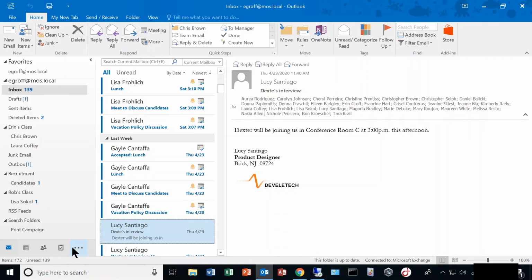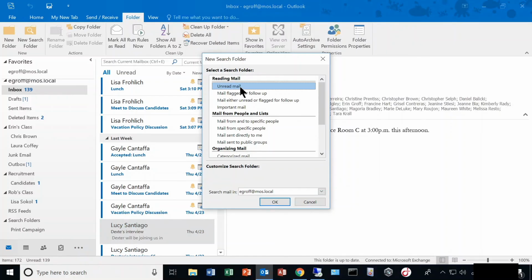To do that, I go up to the folder tab on my ribbon. In my new command group, here I have the new search folder. And here you would choose which category you want to base your search folder on. You can create a search folder that displays all unread messages, all mail flagged for follow-up,